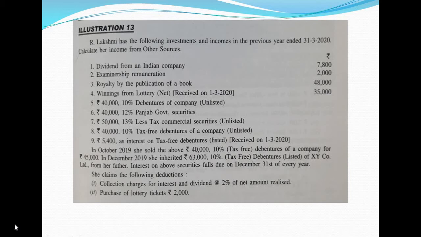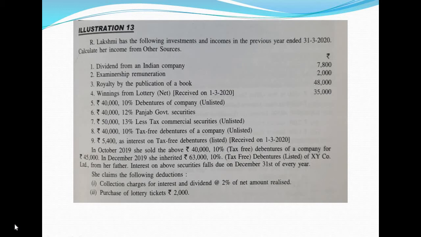Now in this case, you have to remember, from the last sentence of the paragraph, it says that interest on the above security falls due on December 31st of every year. Now the point to be noted here is that for the investment of rupees 40,000 10% tax free debenture, we need not calculate interest for the current previous year since this investment has been sold off before the due date of interest. So I'll repeat again, for point number 8, that is rupees 40,000 10% tax free debenture, this security has